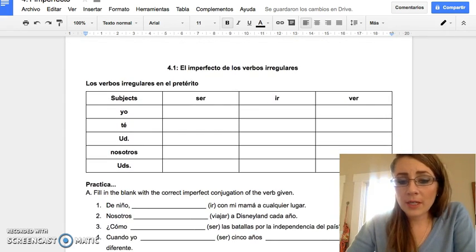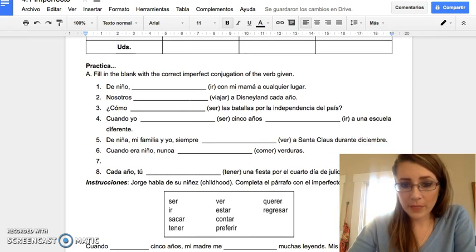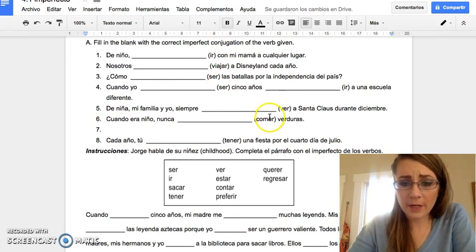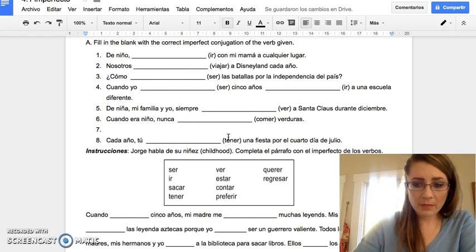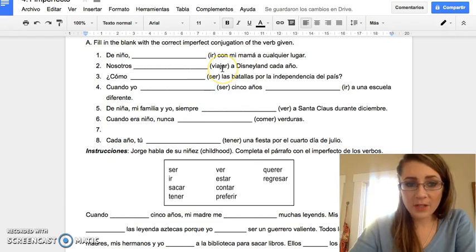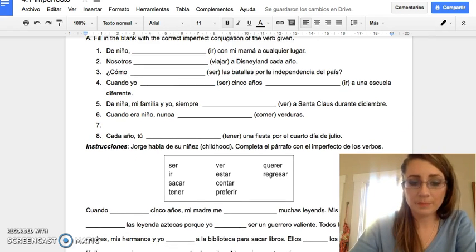Lo que ustedes van a hacer siguiente is ustedes van a practicar los verbos. Okay, look over here. Ir, viajar, ser, ver, comer, tener. These are not all irregular. Some of them are and some of them aren't. You need to look and see. If they're the ones we just did, they're irregular, right? But if they're not, if they're the ones you did last class, they're regular. Viajar changes like one you learned last time, so you need to figure out which one this is. They're not all irregular. Some are regular. You need to figure out which ones are which. Go back to your work from last time.